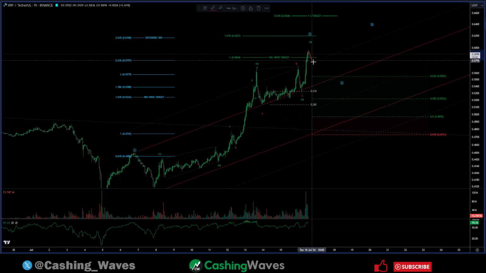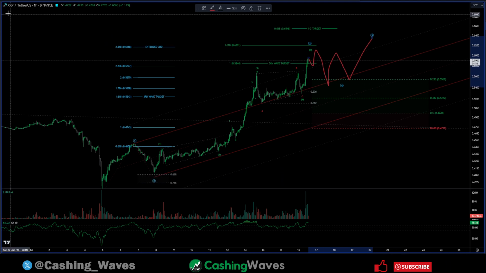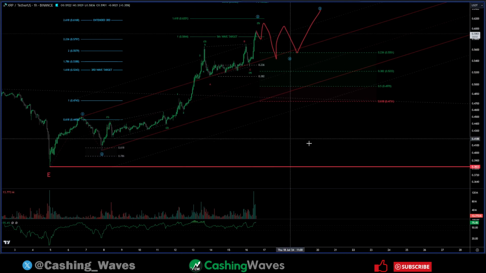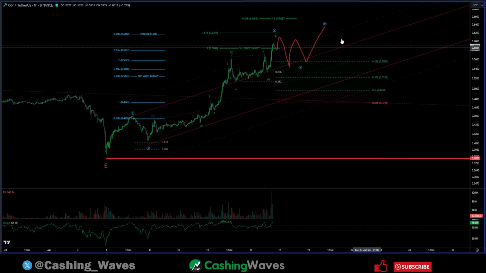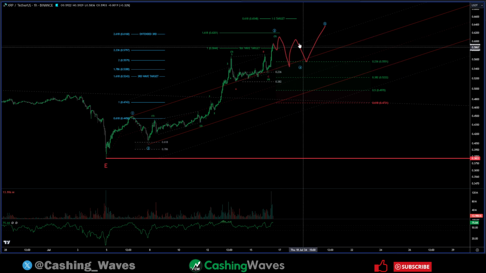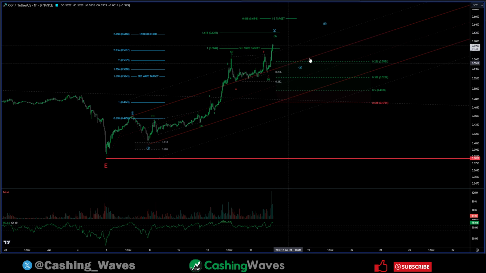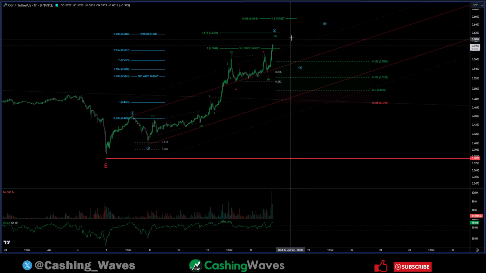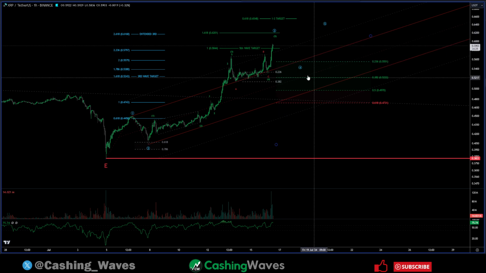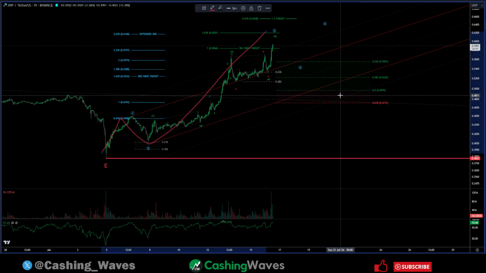So ideally we just get one more kick up, come back in our flat, go up for our fifth, and then we can target our fifth wave same way we're targeting this fifth wave, but I'll explain that in a later video. But everything's looking good here. My plan is to hedge right here at the top of this third, wait for our fourth to give us some clear indication of what pattern we're getting. Need that price action to fill out to get confident on what we're getting, whether that's that running flat, or triangle. And then I will get rid of my short hedge, play that fifth to the upside. Because one thing, as much as it's unlikely, remember this is still only a 3-wave move.